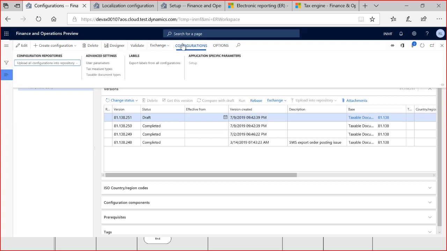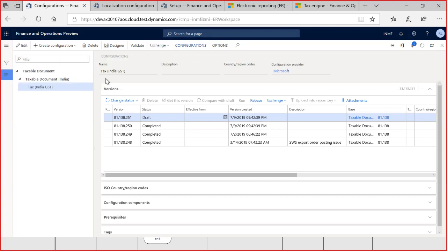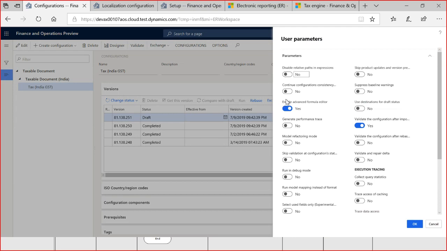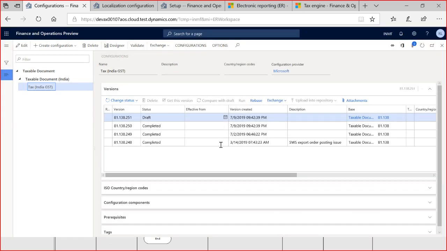If you go to configurations and click user parameter, recently we have some enhancement in 10.0.2. You can enable this advanced formula editor. And by doing this, if you open the designer,